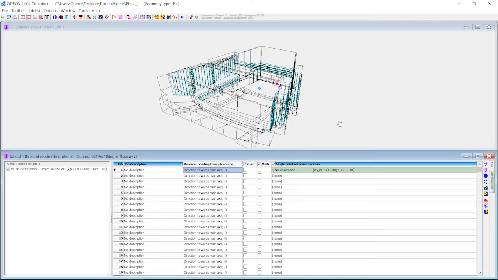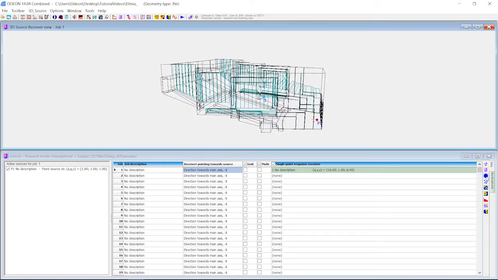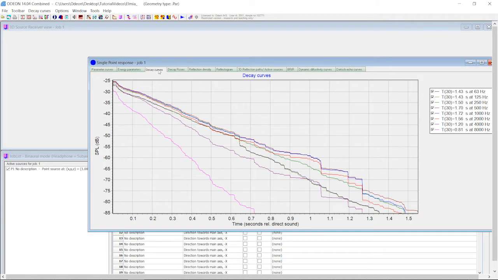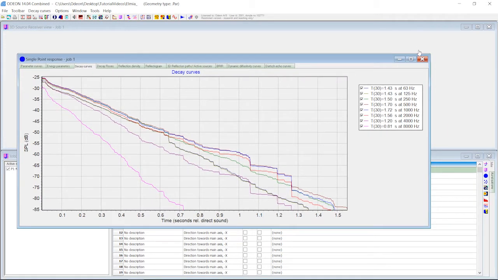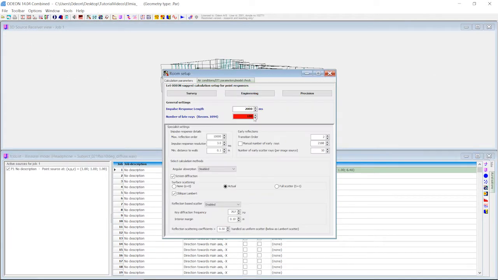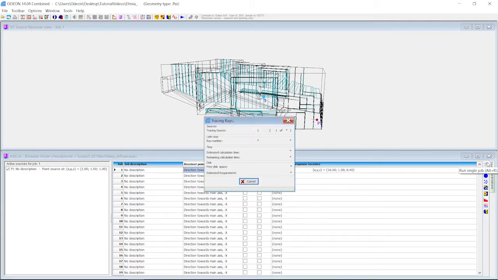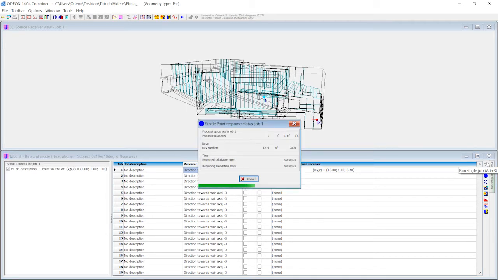Now it's already done. Not all calculations have the single point response, but for the ones that do, a really good place to go is the decay curve. Here you can see it has some dramatic drops, and it's generally quite rough all the way through. It's a sign of too few rays. So let's go back and set it to 2,000, just for this example. Again, I would probably go a bit higher if this was something I really wanted to use. But you can also change it during your process.